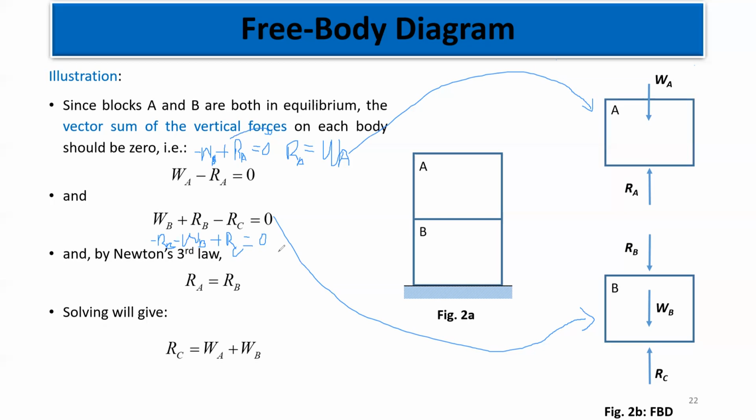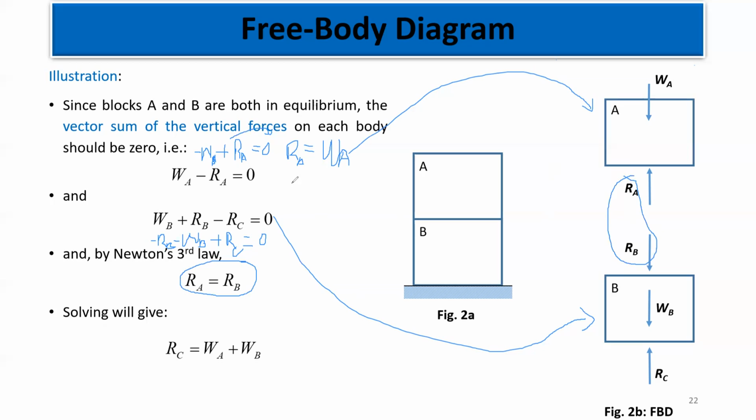Now we can say that according to Newton's law, to every action there is an equal and opposite what? Reaction. So if there is an equal and opposite reaction, then we can say that RA here is equal to what? RB. So if RA is equal to RB,